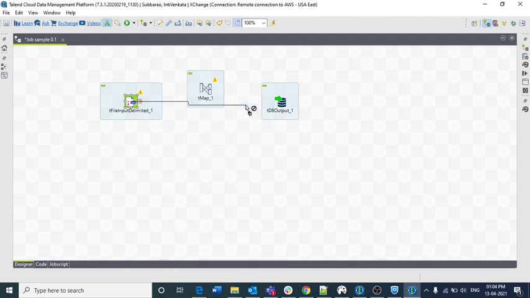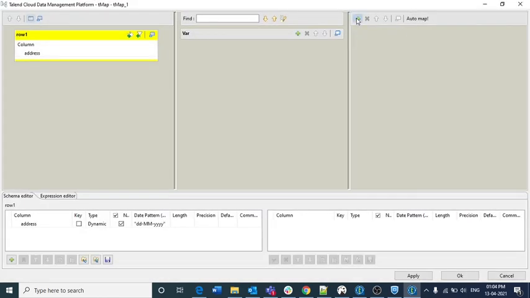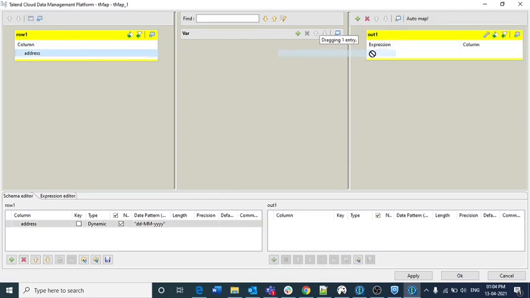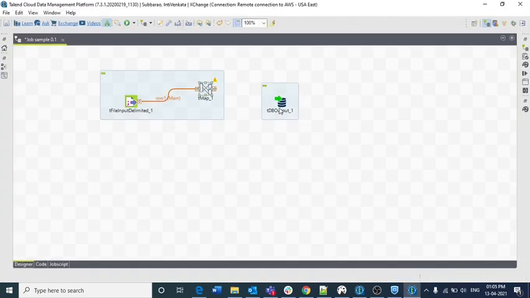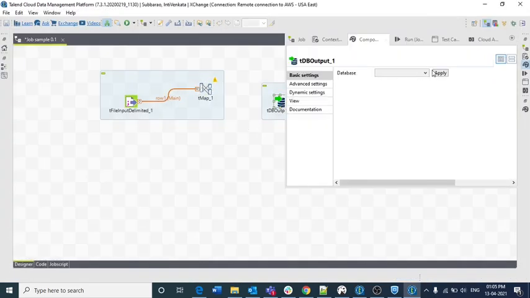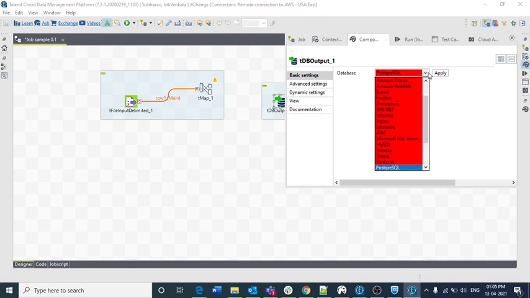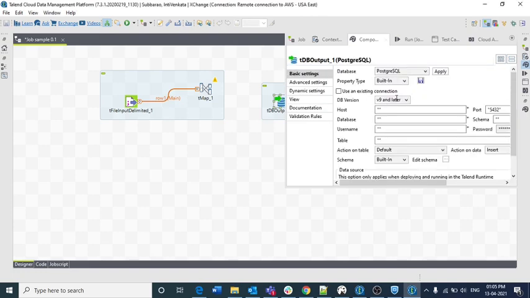I am connecting the tFileInputDelimited and tMap using the main row connection, and I am creating one output table inside the tMap with the same column. I am not doing any modifications here, just directly transferring whatever we have here to the right hand side.